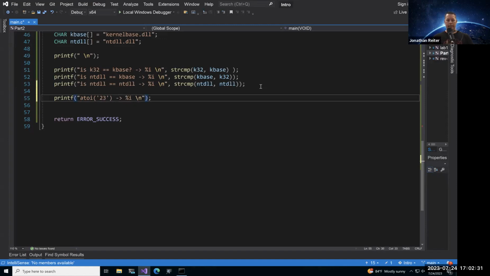Do %i. This is where we call the function atoi. And atoi needs a constant char star to a string, and the string is going to be 23, because we don't want to deal with the string 23. We want the actual integer of it. So save it, build it, run it.